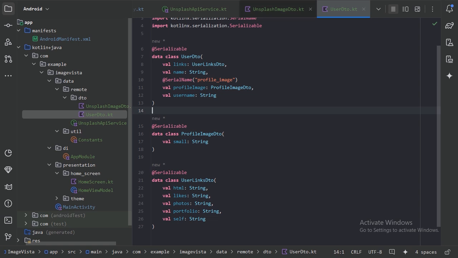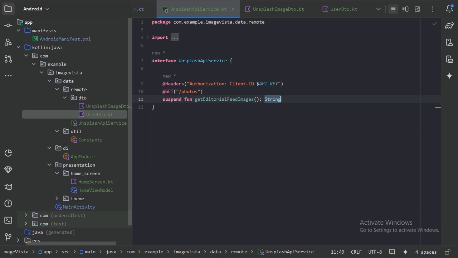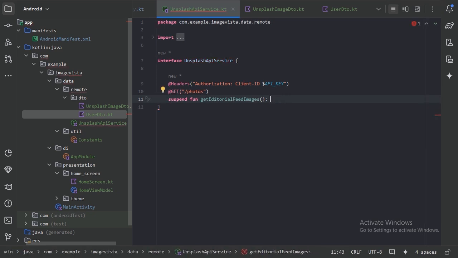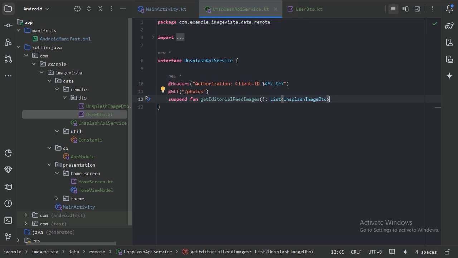Now we have these two files where we have specified all the fields which KotlinxSerialization will use to deserialize that JSON data into our usable object. Next thing, let's go to our Unsplash API service, and here we will get not only the string, we will get the list of Unsplash image DTO. And now we need to update our converter factory to KotlinxSerialization. For that,